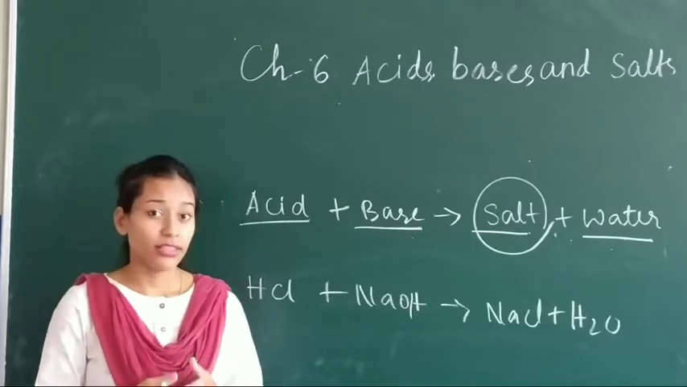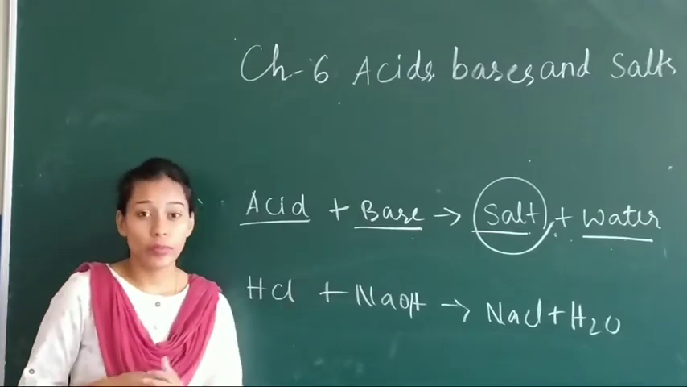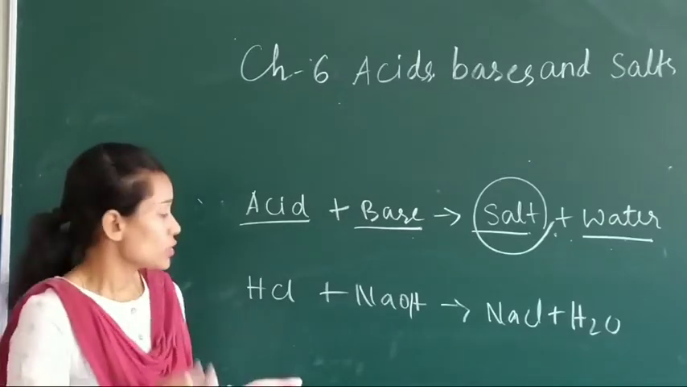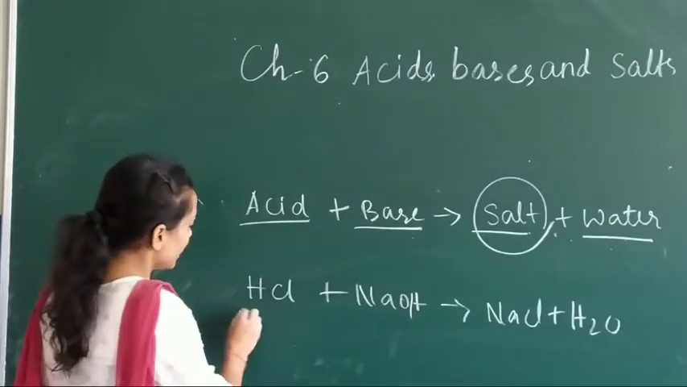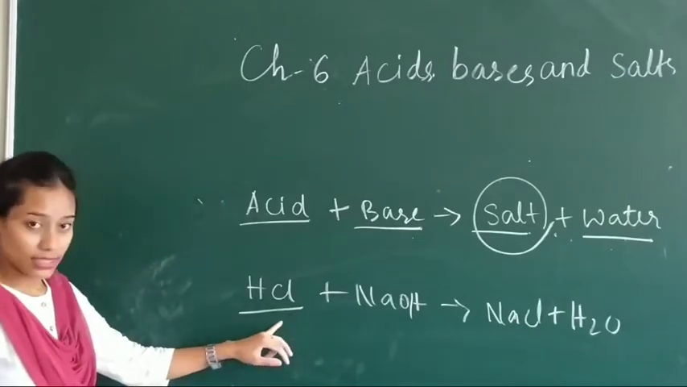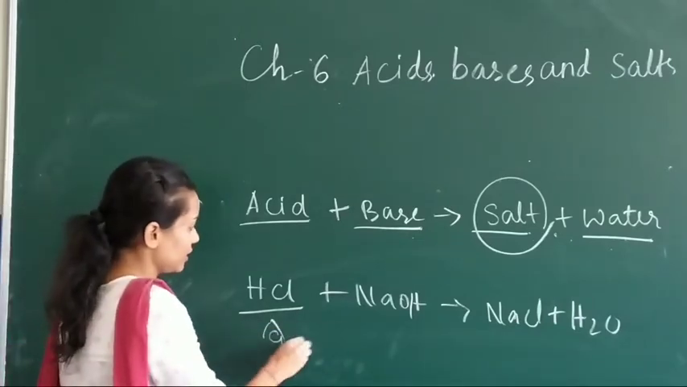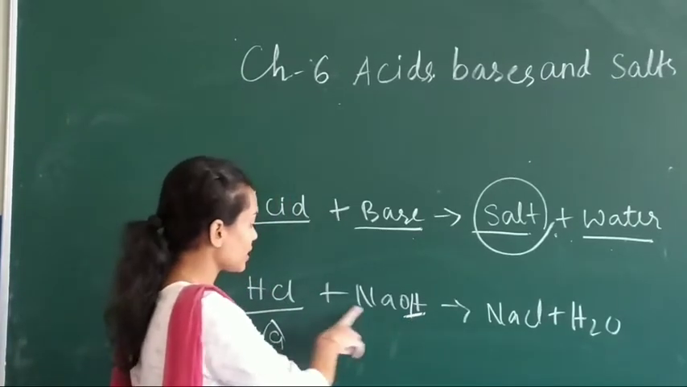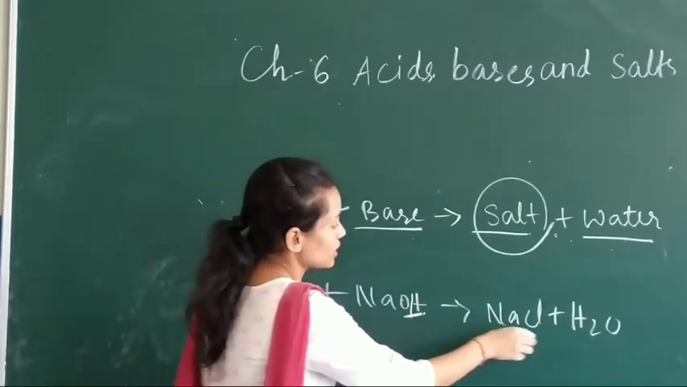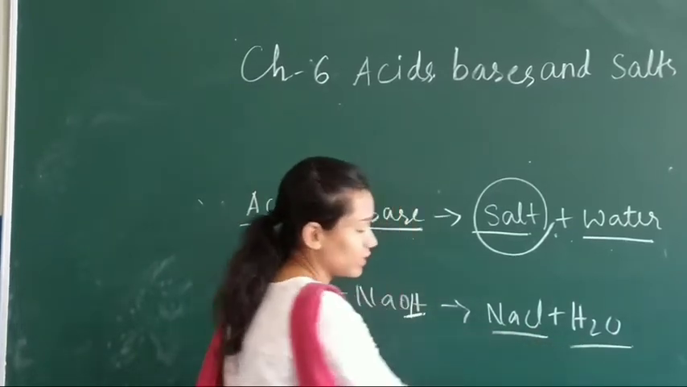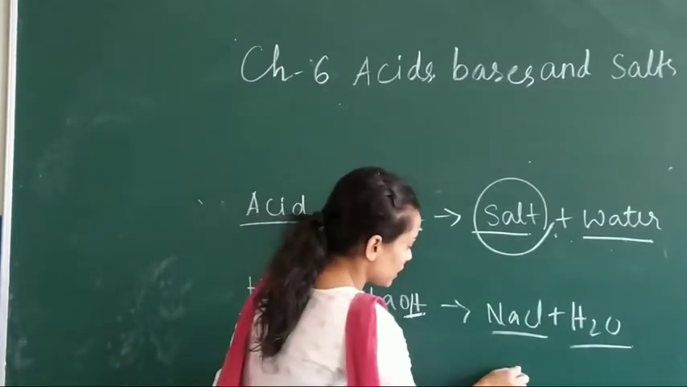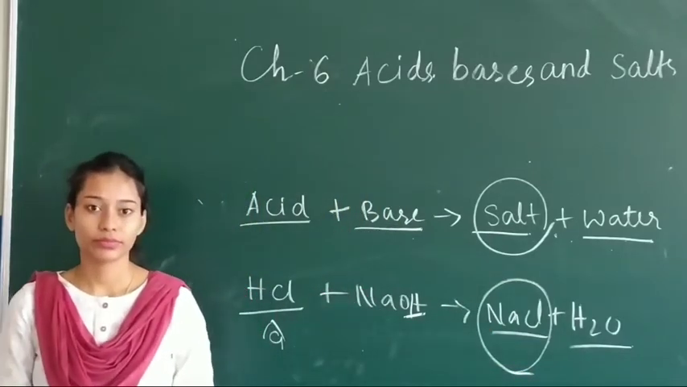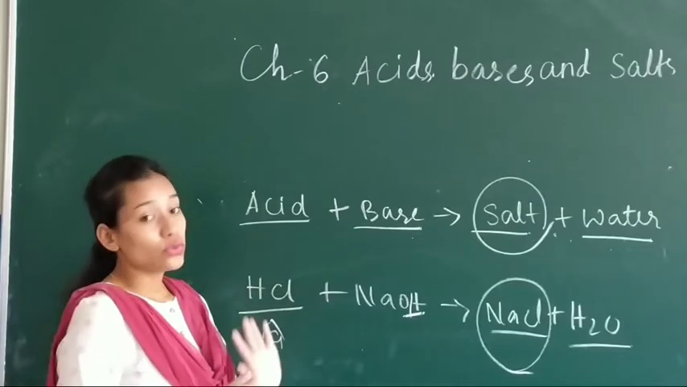So a reaction in which an acid reacts with a base to give salt and water is called a neutralization reaction. Here is one example we can see. HCl, hydrochloric acid, is an acid, isn't it? And sodium hydroxide, OH is there, is a base. When they react together, they give what product? Sodium chloride plus water. So what is the salt here? Sodium chloride is the salt here. Okay? Now you see, in a neutralization reaction, this